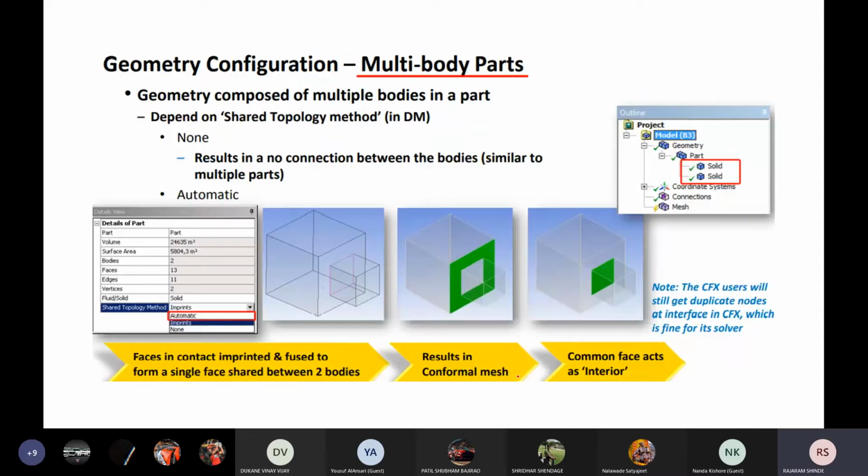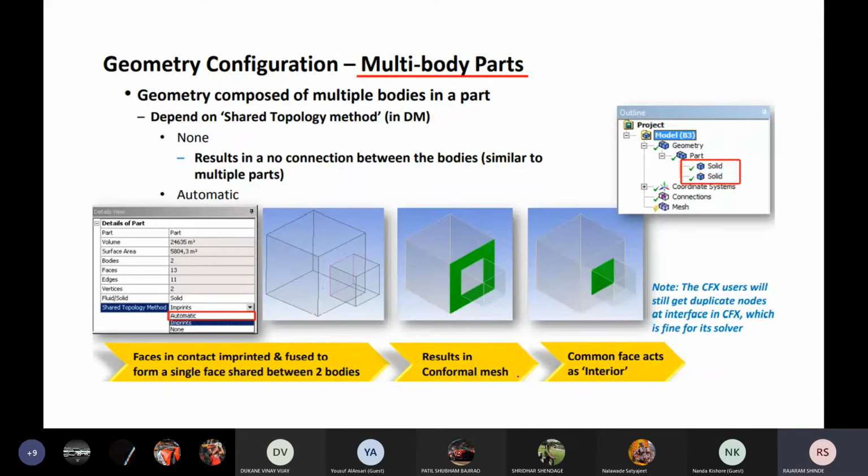Now next is geometry configuration. In geometry configuration you have multi-body parts. The geometry is composed of multiple bodies in a part, depending on the shared topology in DesignModeler. There are two options for shared topology, one is none and one is automatic.